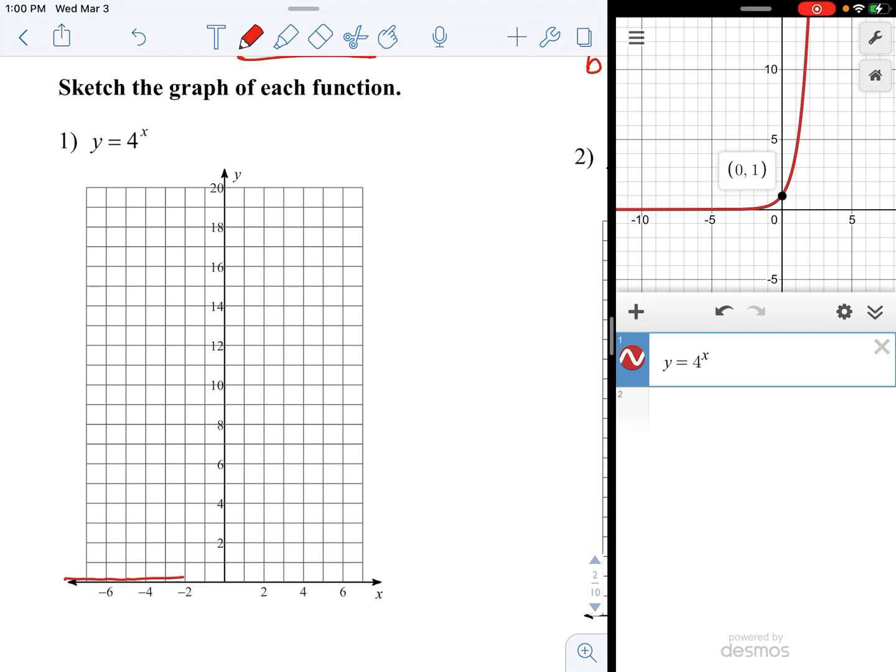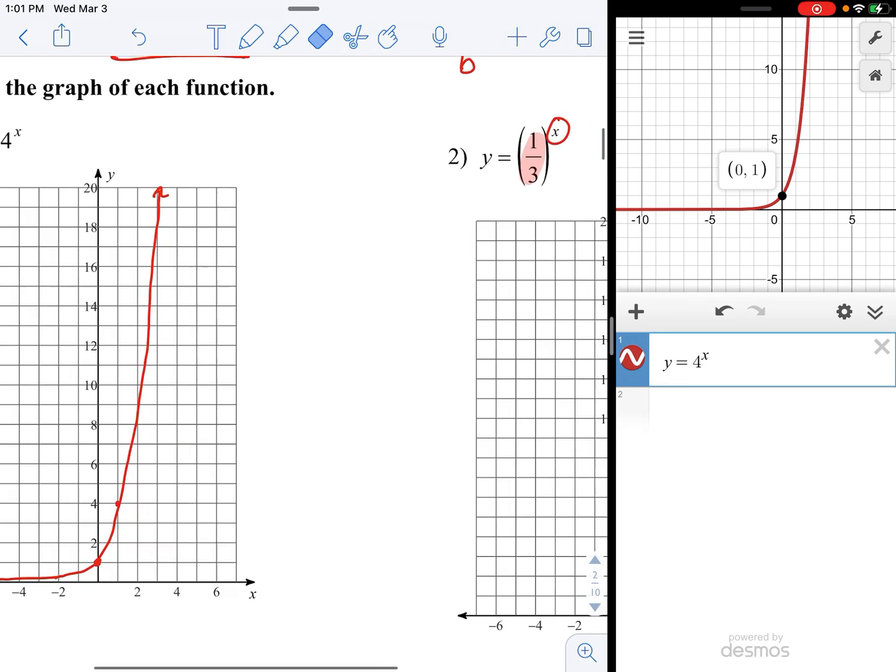Now, the y-intercept is always a good place to put a point to kind of direct you. And if you can ever find any other points, like 1, 4, yeah, well, okay, my fingers aren't doing a good job, but 1, 4. If you find a couple other key points to kind of anchor your drawing, but at some point you're just going to draw an arrow, and it might not be perfect. That's good. So that is sometimes referred to as a growth function because the value grows as you go left